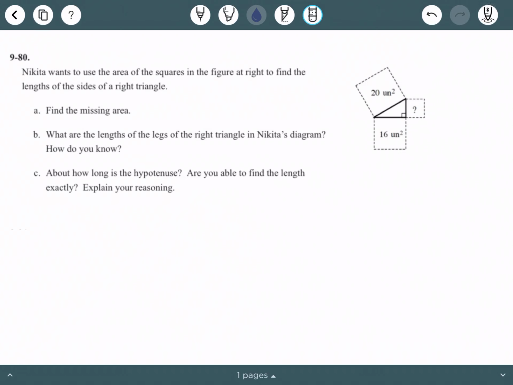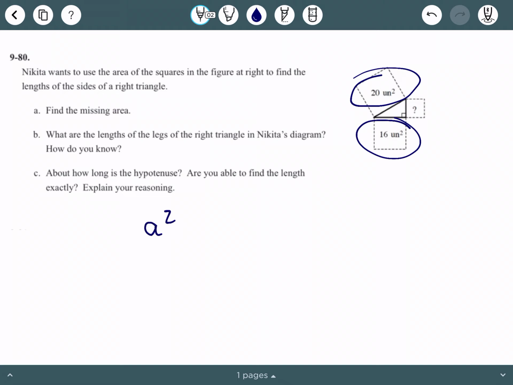Number 980, Nikita wants to use the area of the squares in the figure at right to find the lengths of the sides of a right triangle. A says to find the missing area. Well, you can see in this diagram that we are given the area of the hypotenuse and the area of one leg. So we know what we talked about in the last lesson was that